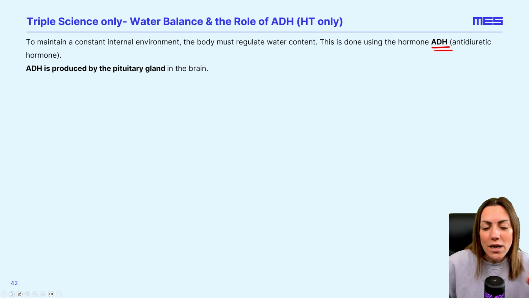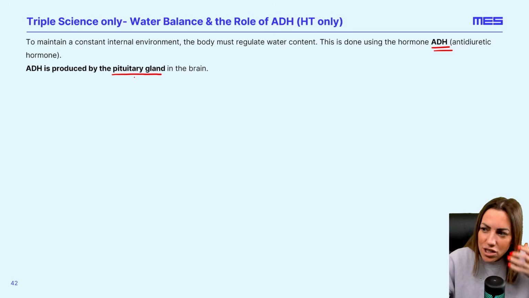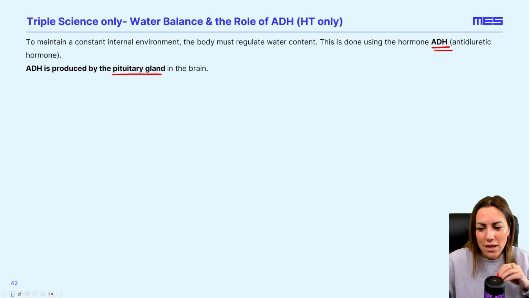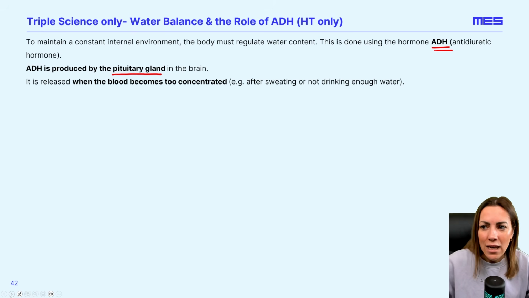Now, you should know from when you did the endocrine system, ADH, it's a hormone, it's a chemical messenger that travels in the blood. It is produced by the pituitary gland. It does stand for antidiuretic hormone, but you can just call it ADH at GCSE. It's produced by the pituitary gland, which is that P-shaped kind of small part in the middle of your brain, the master gland. And the pituitary gland releases ADH when the blood becomes too concentrated, i.e., there is not enough